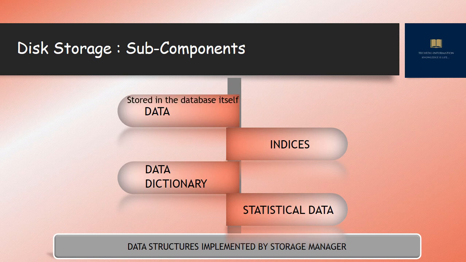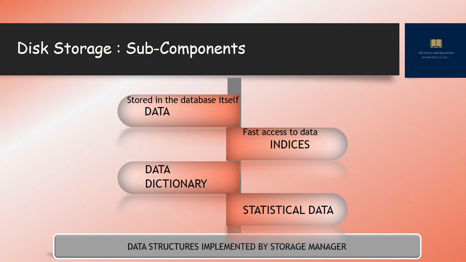Data is nothing but the information stored in the database. Indices. So before telling the meaning of indices, let me tell you first about an index. Index is a part of a book. Everyone has seen this index part. It has a serial number, content and page number. So we can easily access any content, any module or any chapter with the help of that page number, and we can directly jump to that page to access that module or chapter. So it helps to reduce the searching time of that module. In the same way, in this disk storage, indices help to access that data easily.